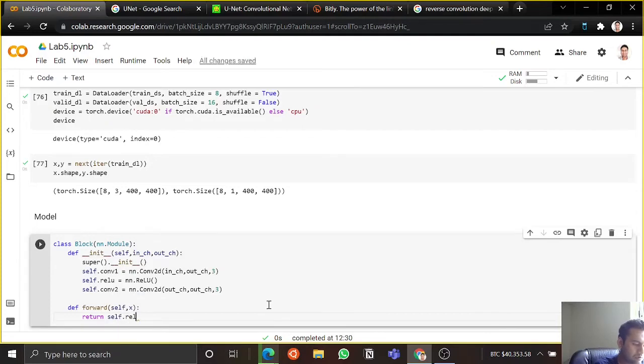self.relu, self.conv2, self.relu, self.conv1(x). If this is confusing, by the way, maybe I can just do